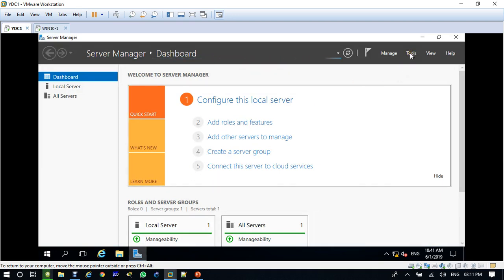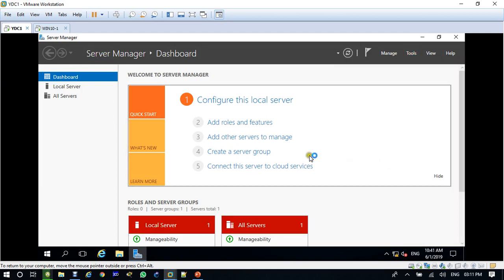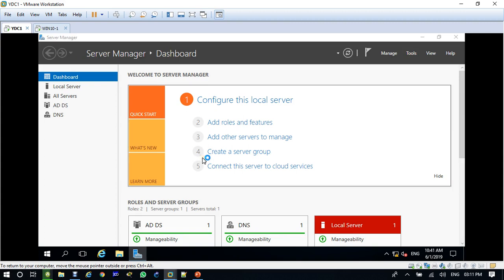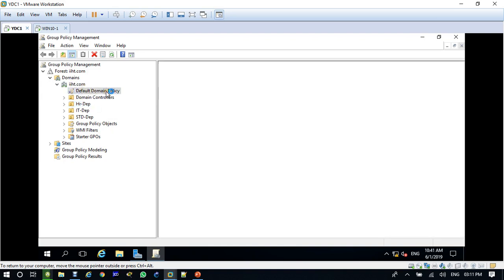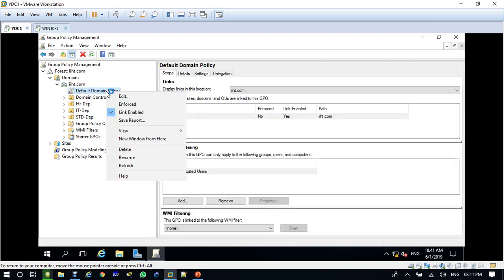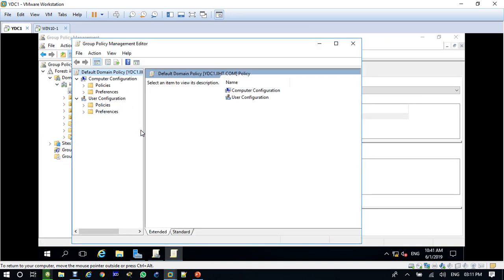Click on tools, group policy management. Same here, we'll go to default domain policy, right click, edit, and in this we'll come here to